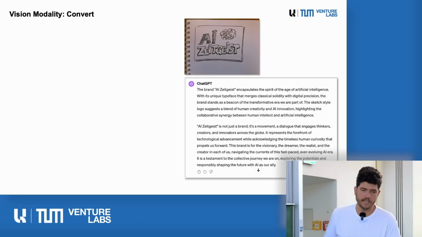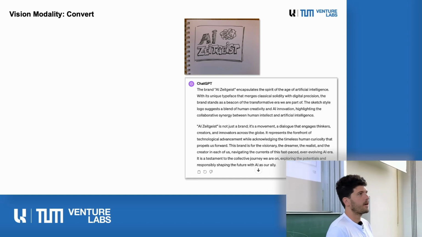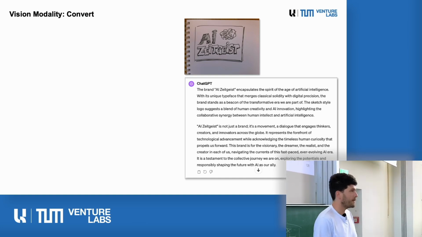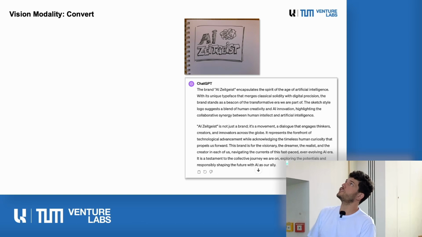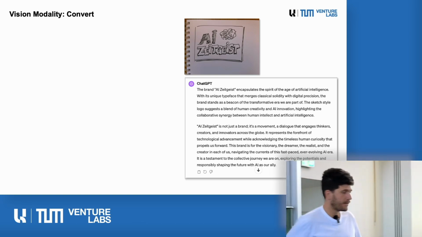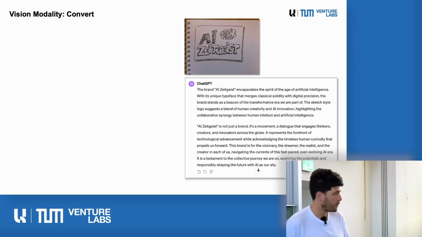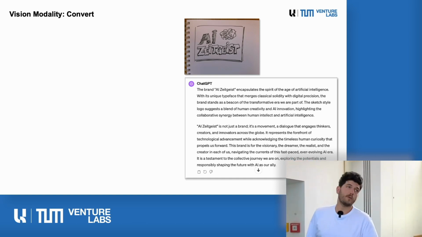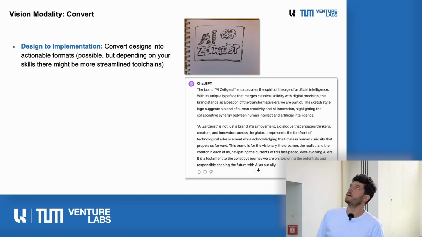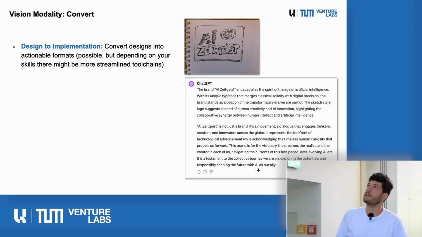Another thing, which now starts becoming cool, is that we can doodle something for ourselves, for example, for an initiative that does not exist yet. We can say, okay, this is AI Zeitgeist, an initiative that we maybe wanted to found. This might be a logo, and we can upload this logo as a JPEG and first, of course, have it critique this,